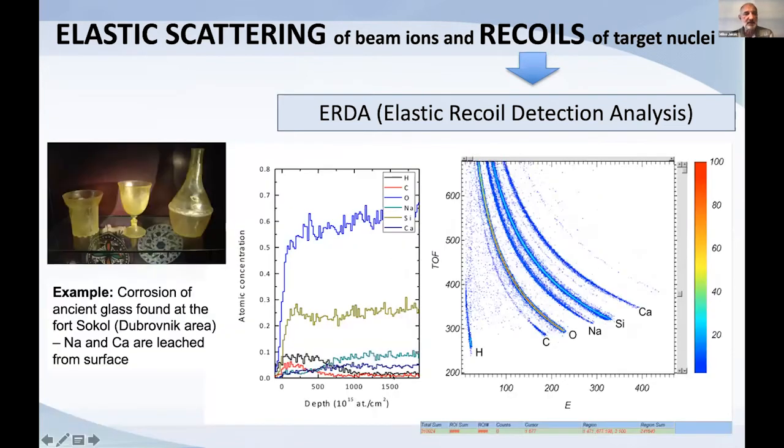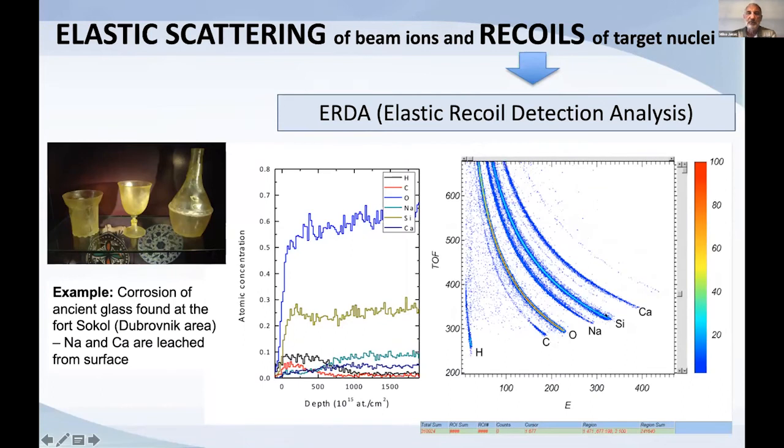This is another example, which is also from cultural heritage, about glass. Ancient glass turned pale, so it's not transparent as it should be. And this is the case. The reason for that is corrosion, glass corrosion. And as you can see here in the